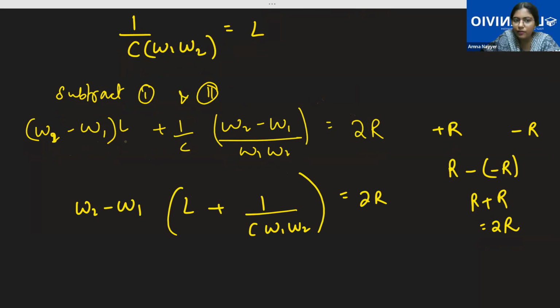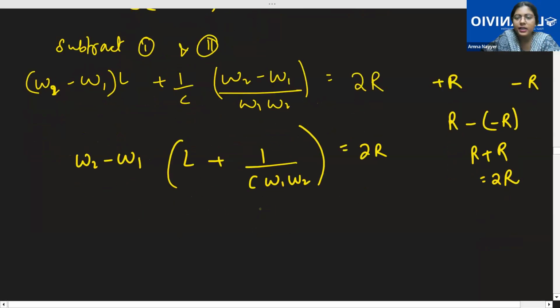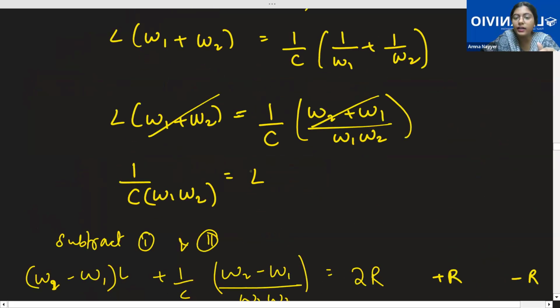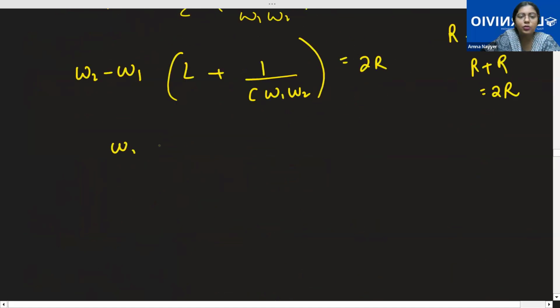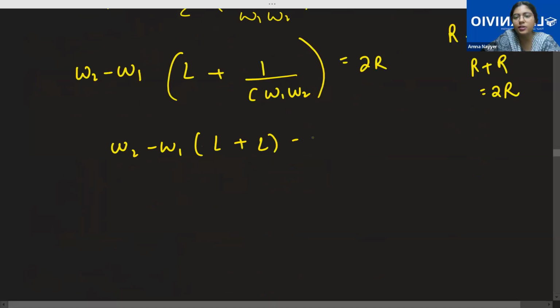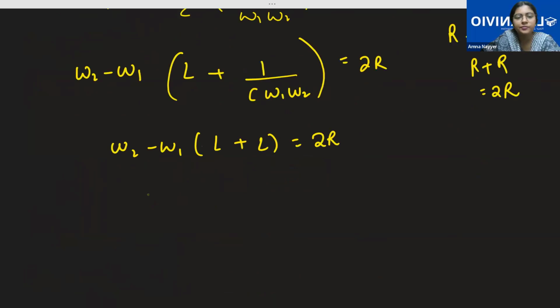So what will you get? L from this side and 1 by C omega 1 omega 2 from this side. So 1 by C omega 1 omega 2 we have already calculated. That is equal to the inductance L. So omega 2 minus omega 1 into L plus L is equal to 2R. Omega 2 minus omega 1, L is there. This is equal to 2L